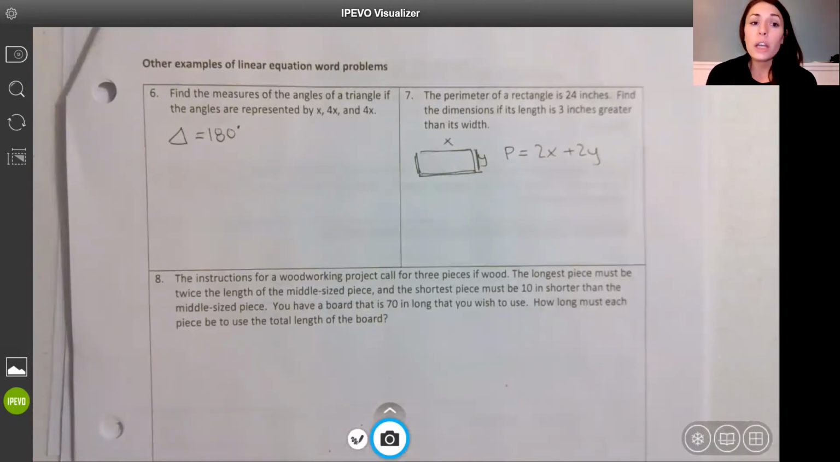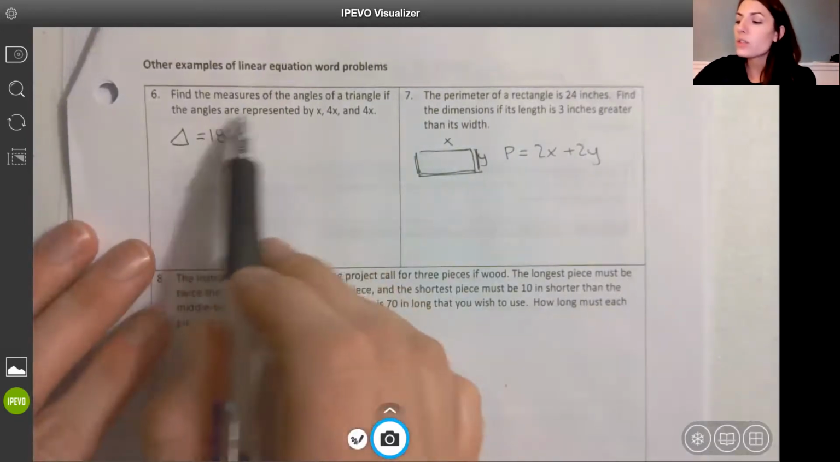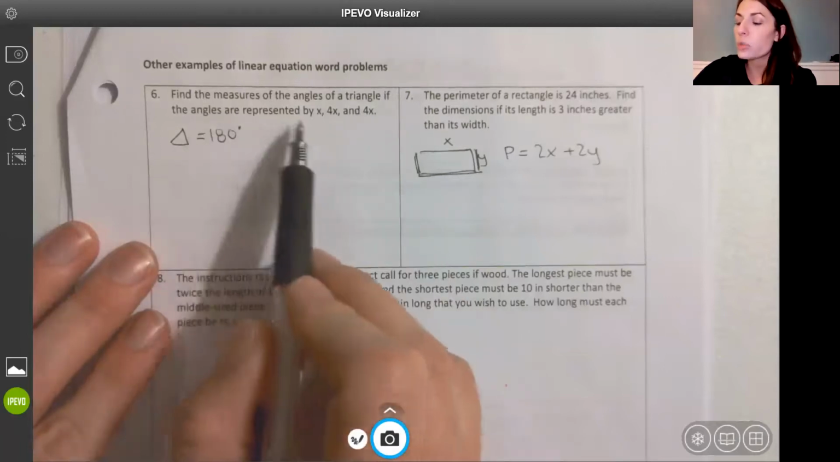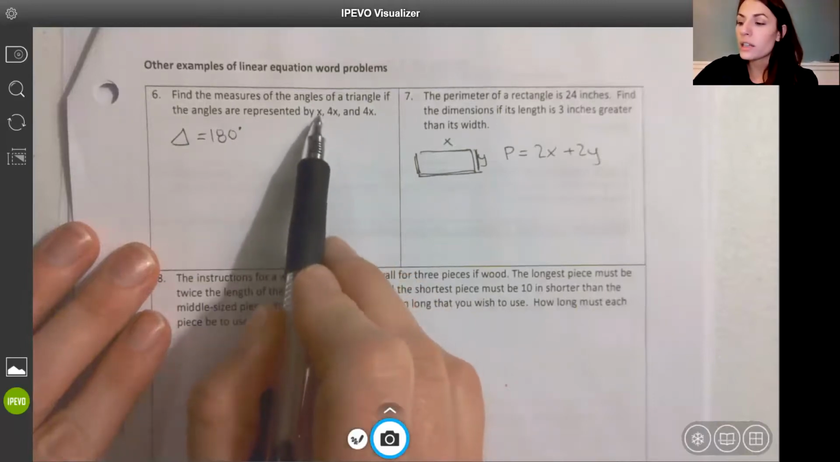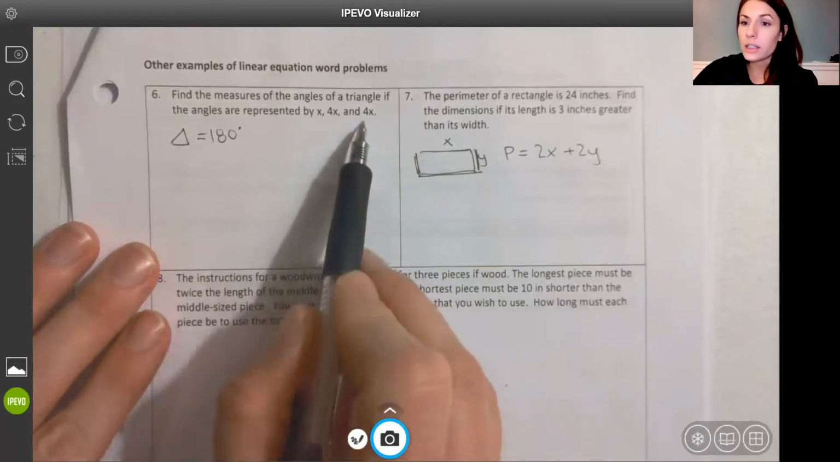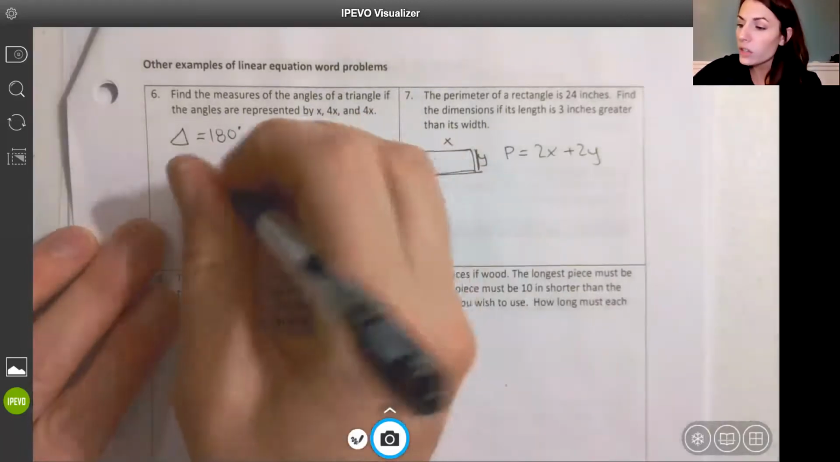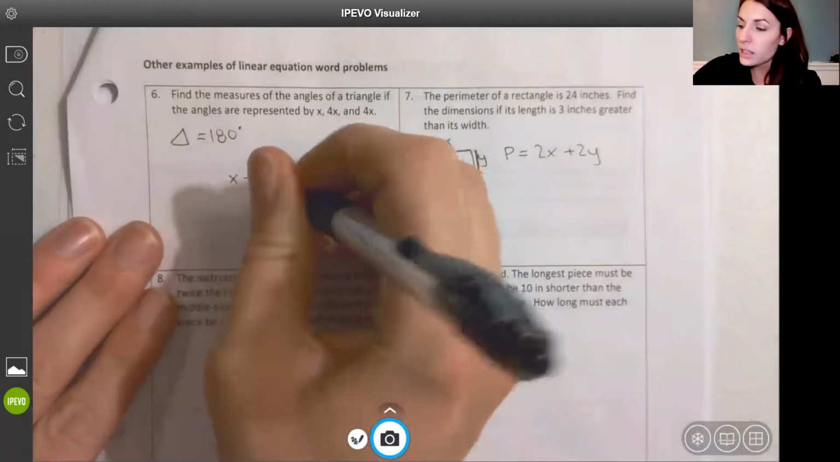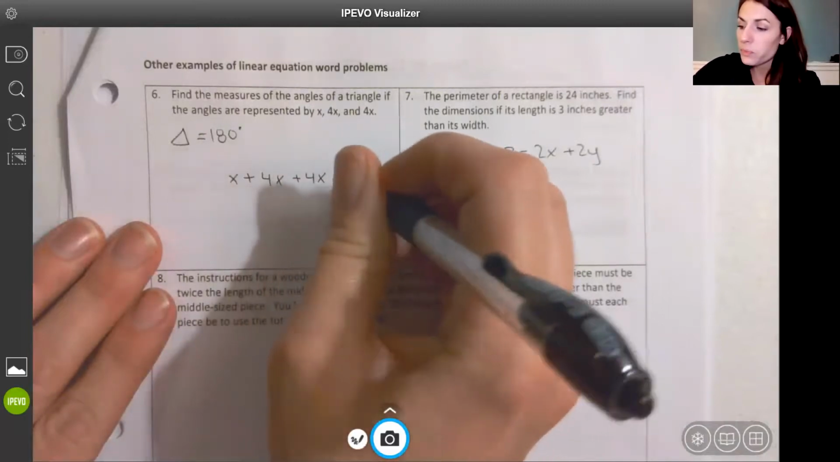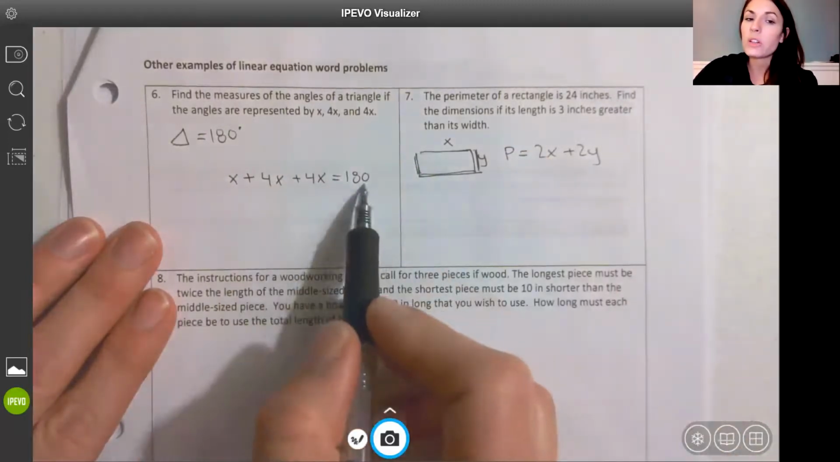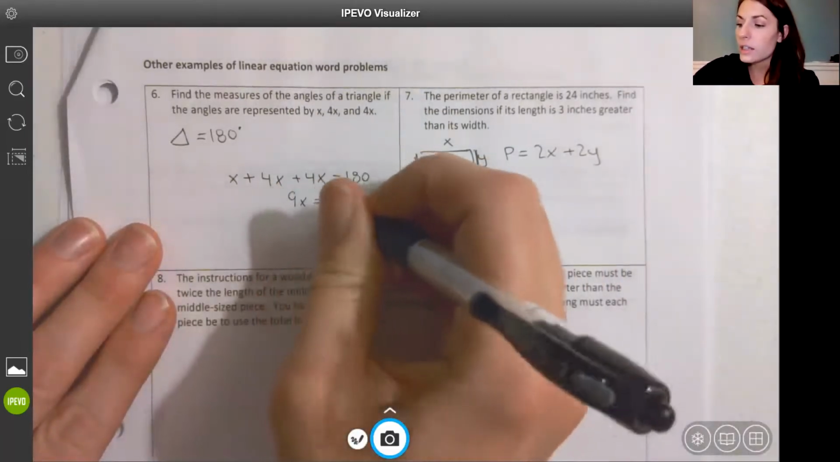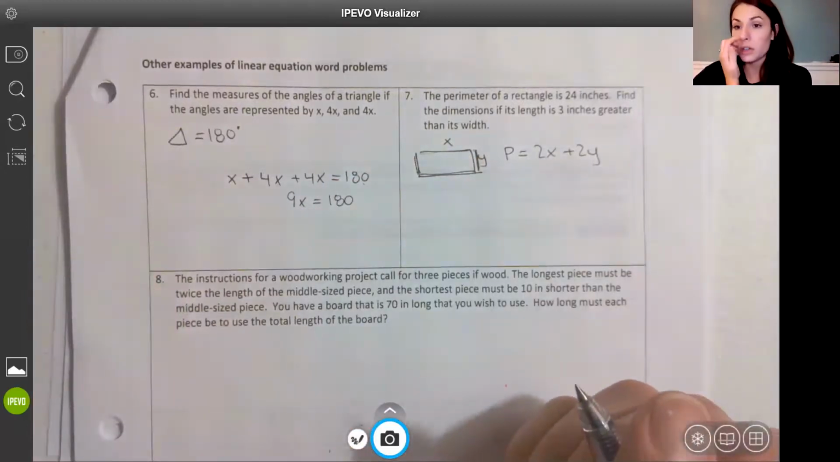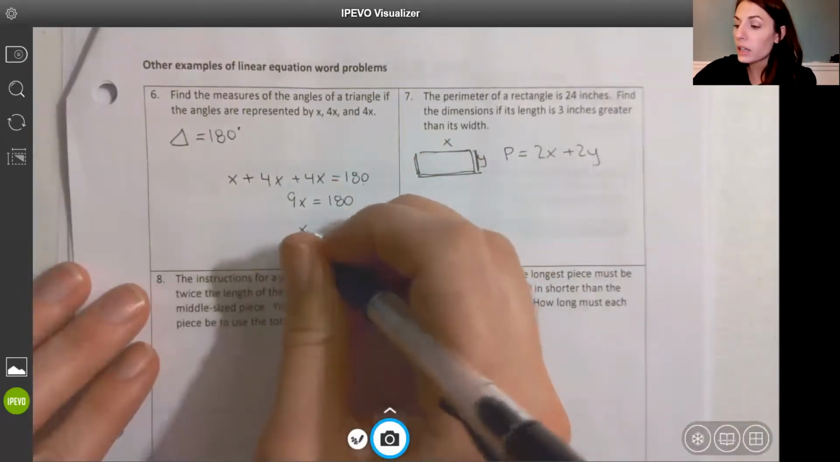In a triangle, we know that all three angles have to add up to 180. It says find the measures of the angles of the triangle if the angles are represented by x, 4x, and 4x. Meaning angle 1 is x, angle 2 is 4x, and angle 3 is 4x. The sum of all of those angles has to add up to 180 degrees, so altogether 9x has to add up to 180 degrees, which dividing by 9 gives me